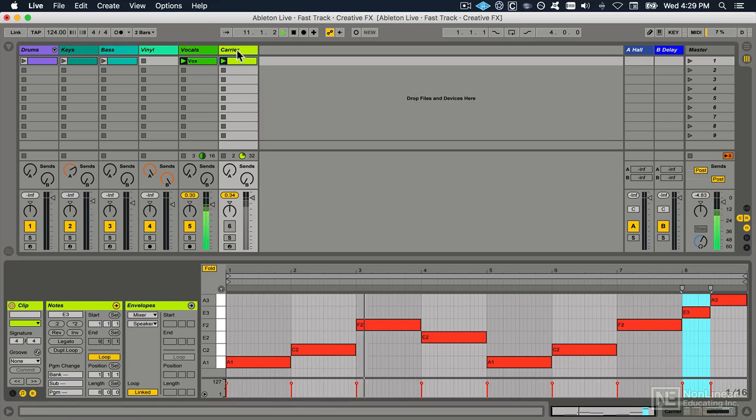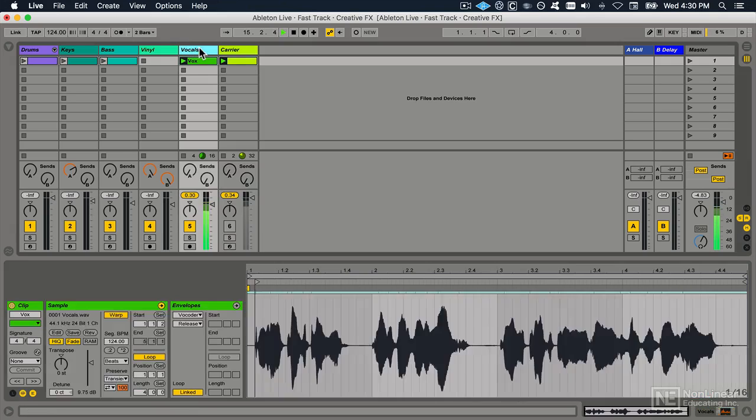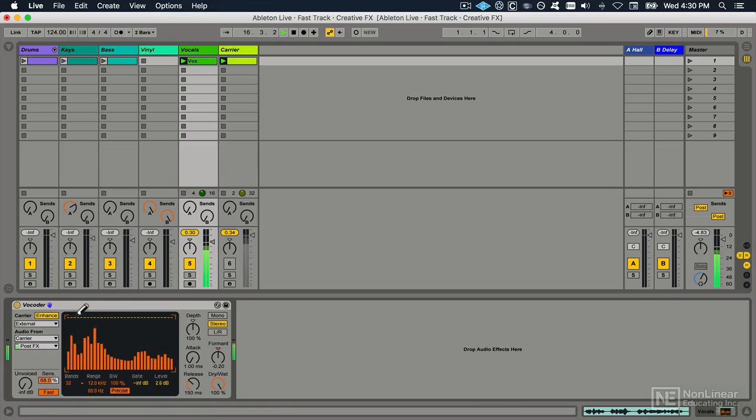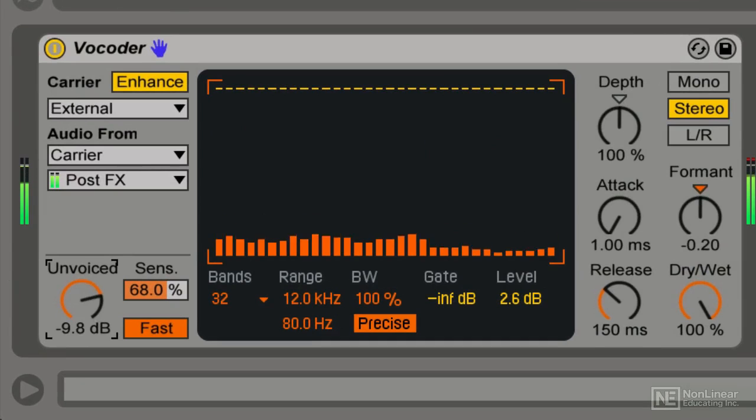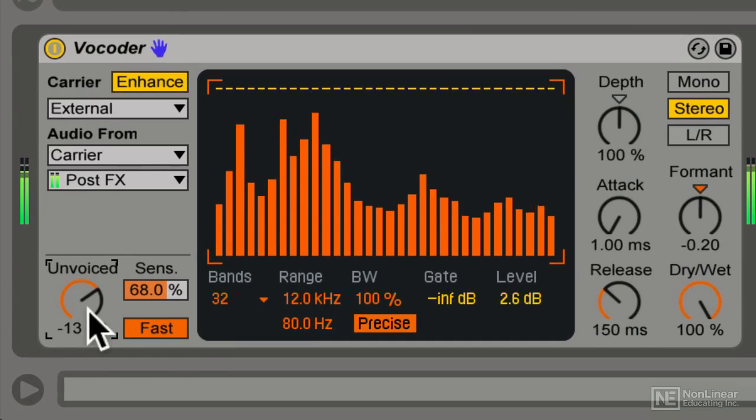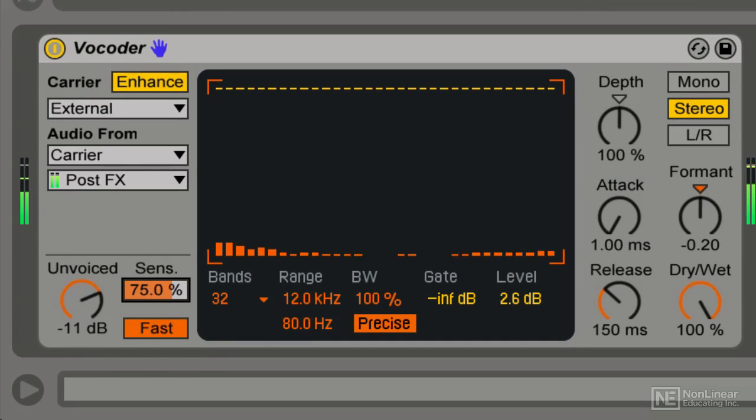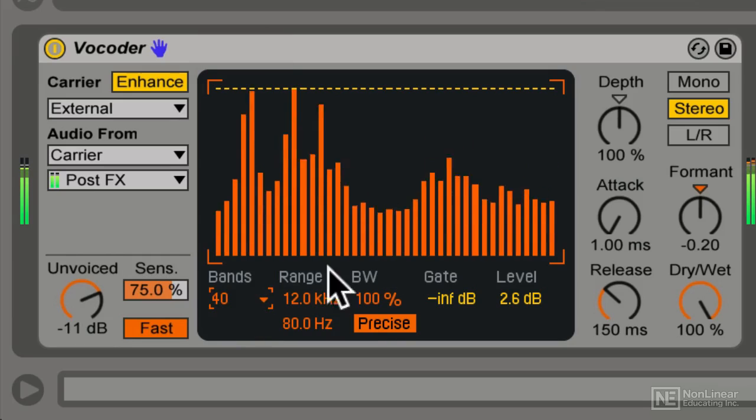The vocals are playing the melody coming in from the carrier. Now this is a pre-recorded MIDI clip. Of course, we could be playing notes in live, playing chords in live, and of course, using that external carrier, we can introduce some of the unvoiced noise sensitivity, adjust the bands,